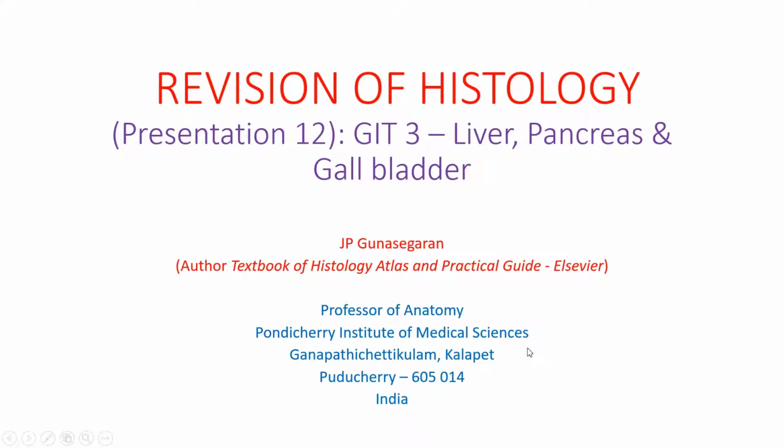In this presentation, we are going to discuss about the glands associated with digestive system. We have already discussed salivary glands under glandular tissue. The remaining glands are liver, pancreas, and of course gallbladder, which is not a gland but it stores bile. The liver is an important organ irrigated by two types of blood vessels, namely portal vein and hepatic artery. Portal vein carries absorbed nutritive materials, whereas hepatic artery carries oxygen.